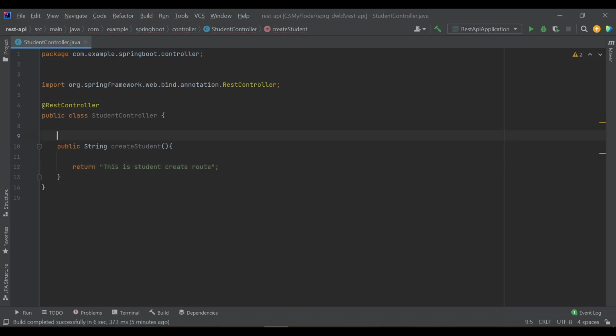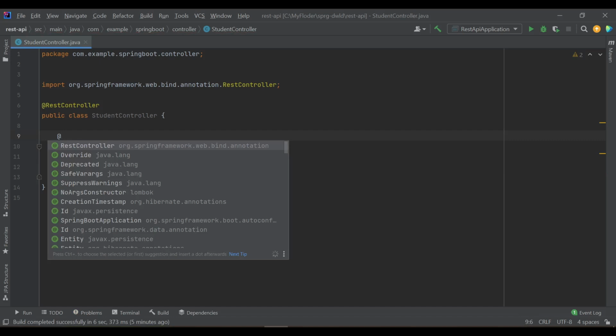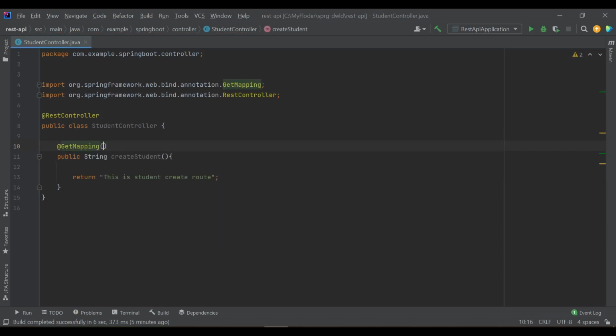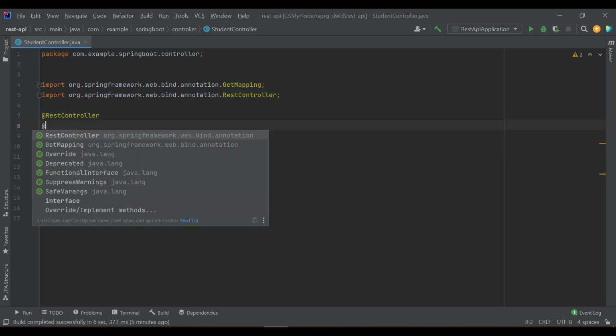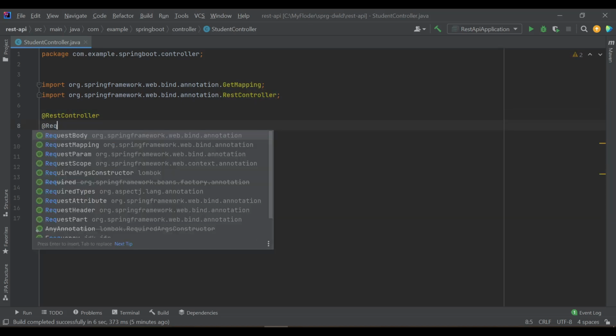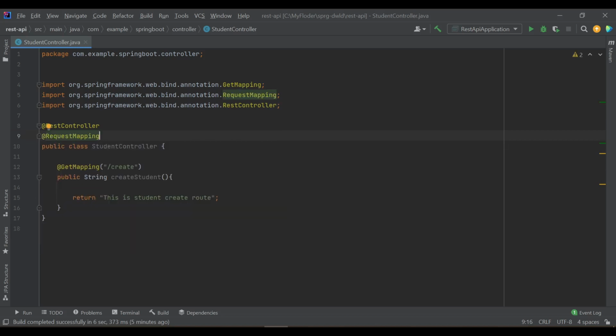Annotate it with GetMapping, and define its path as create, and this controller's entry point will be /student. So basically, when you go to localhost, your port, /api/student/create, this controller should be invoked.